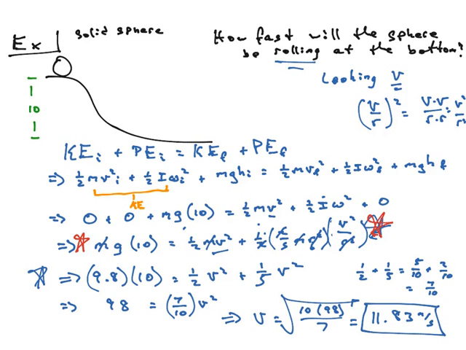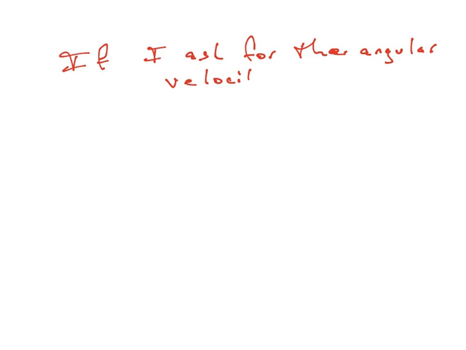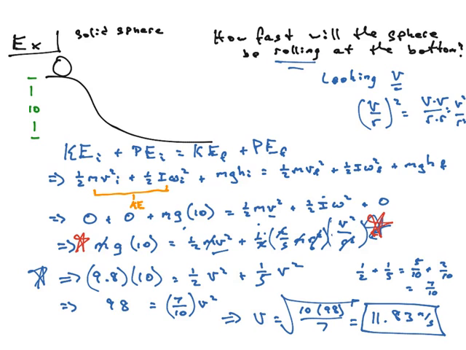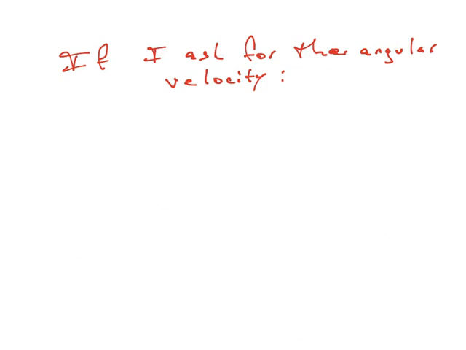Now, the only other thing I want to state before I end this video is, if I ask for the angular velocity, you have two options. So first of all, here, ask for the speed. How fast? That's the linear velocity. That's get rid of omegas and give me V's. If instead I want to know what is the omega, I don't know the V, I don't want the V, I want the omega, well, you could either solve for V,